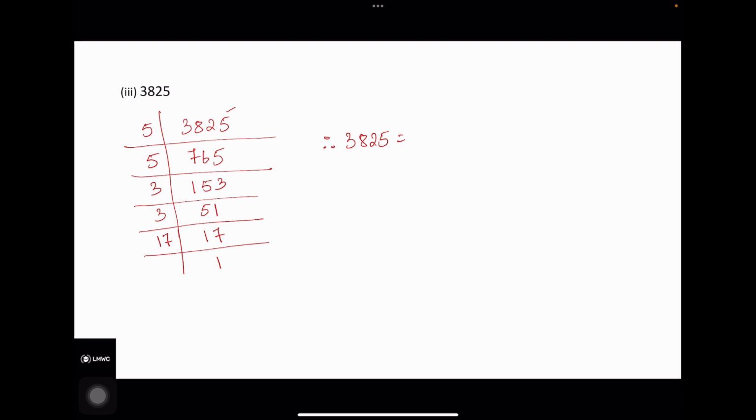3825, we can represent it as. So now here you can see 5 square, and over here 3 square. So 3 and 5, so 3 is the smaller number, so we will start with the smaller number in the increasing order, and next we will take the 5 square and then the number 17. Next we have